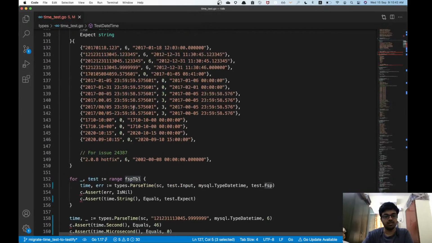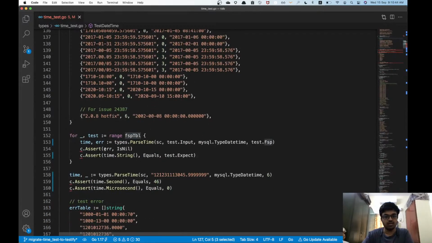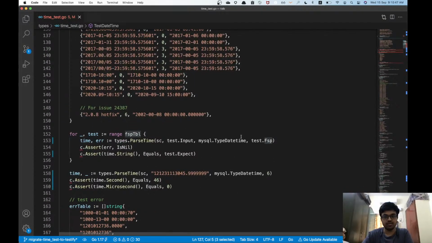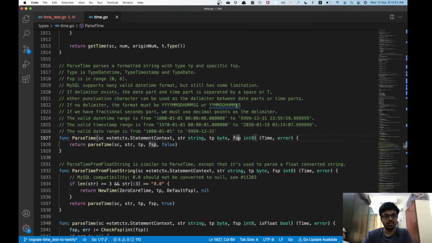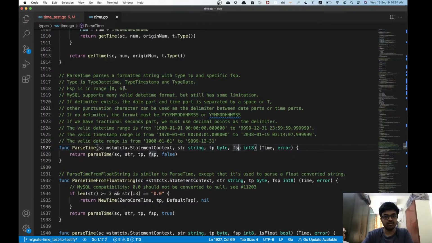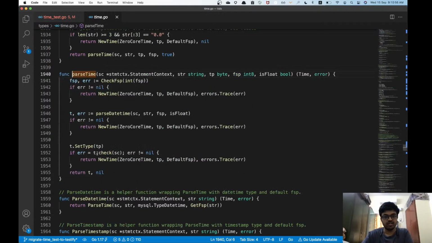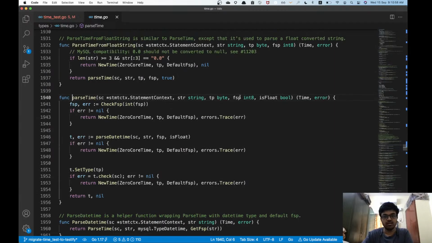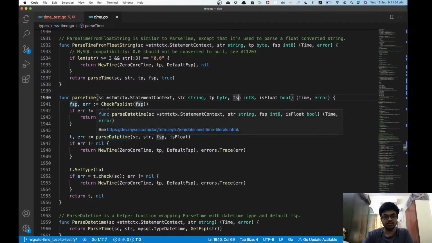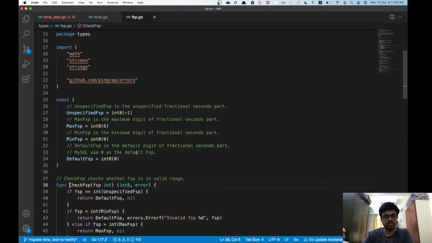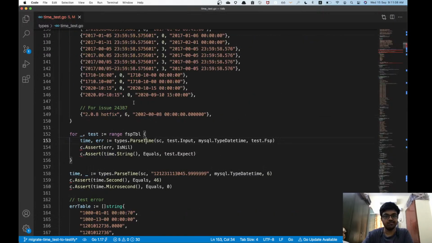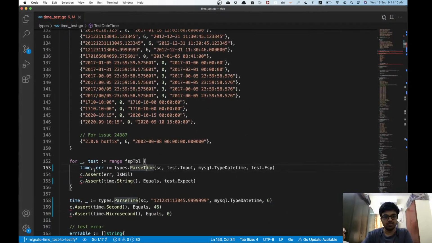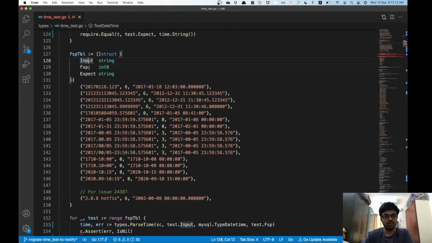Fraction second part. Okay. So this would actually show the full form also. Specified SSP, fractional seconds part. Okay. So what does this do? Input, then expected, with a fractional seconds part.